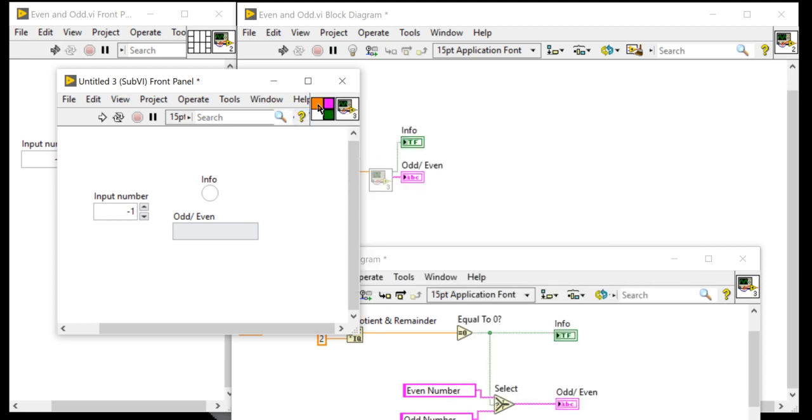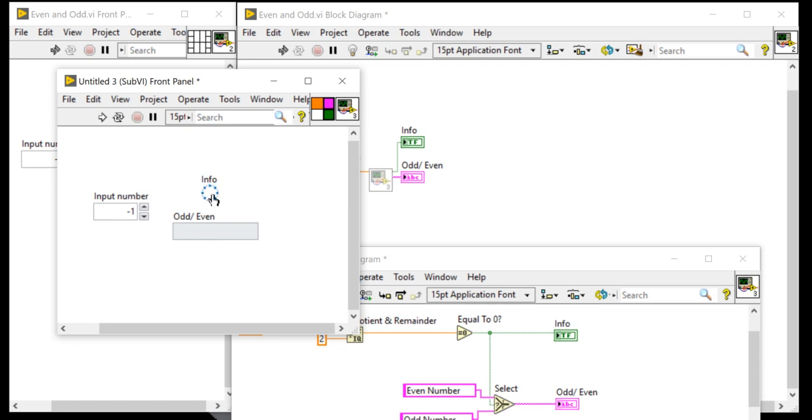Now you can see the input. This input is my numeric and its color is orange. This output, this indicator, is a string, and the string is connected here with the pink color.